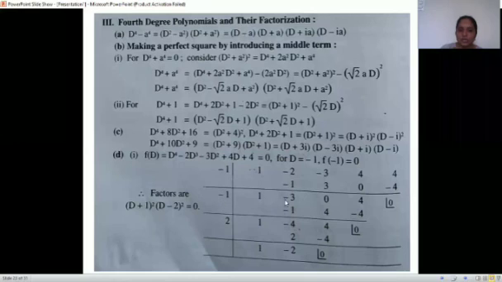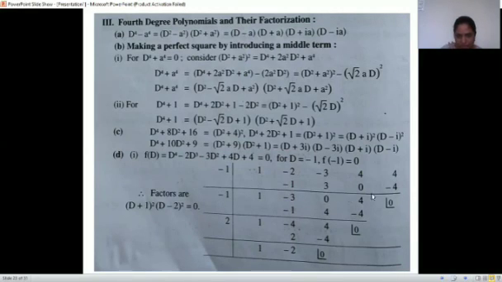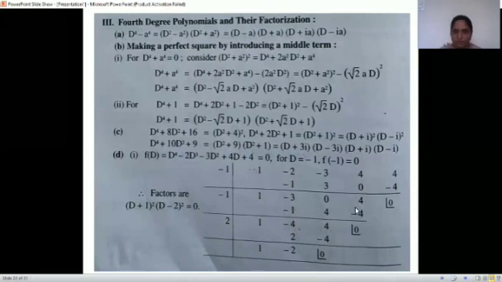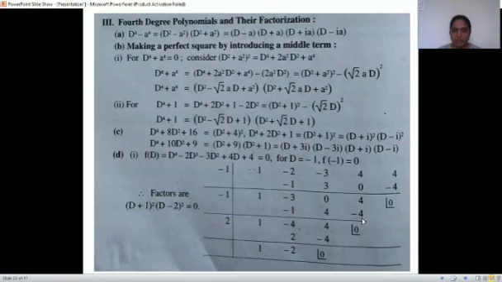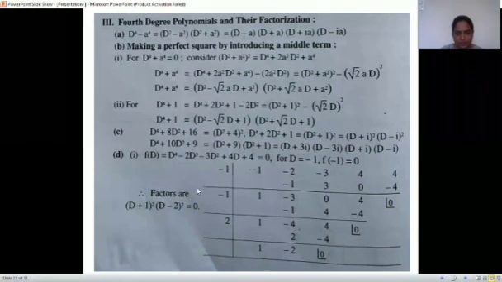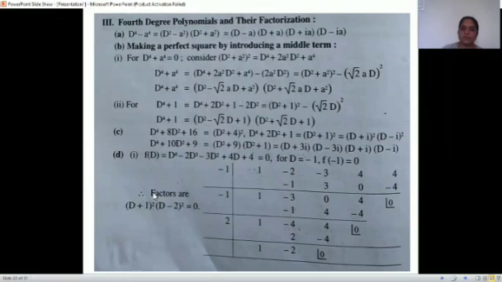Then again we have to check for the remaining numbers here, 1, minus 3, 0 and 4. For that we have to try again 1, minus 1, 2, minus 2. So 1 will not give you 0, so we'll try for minus 1. First number as it is, then multiplication here, minus 4, then 4, and then minus 4, it is 0 here. Right? And whenever there are three numbers left, we can stop. These two are minus 1, that is D plus 1, D plus 1, that is D plus 1 square.